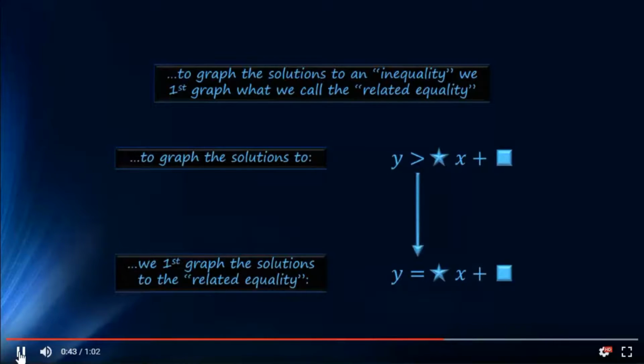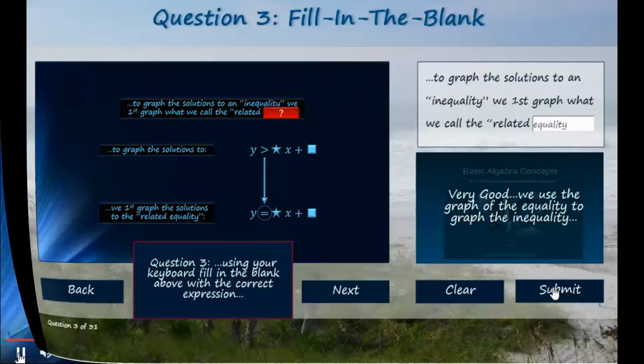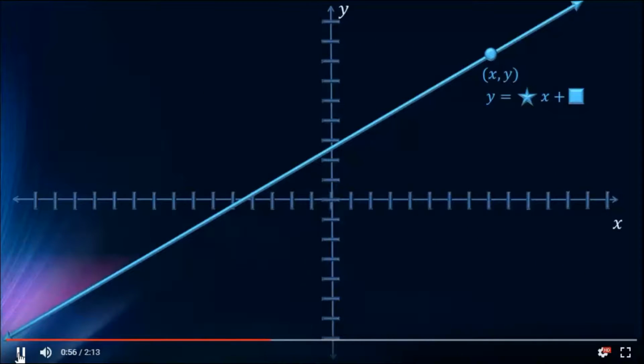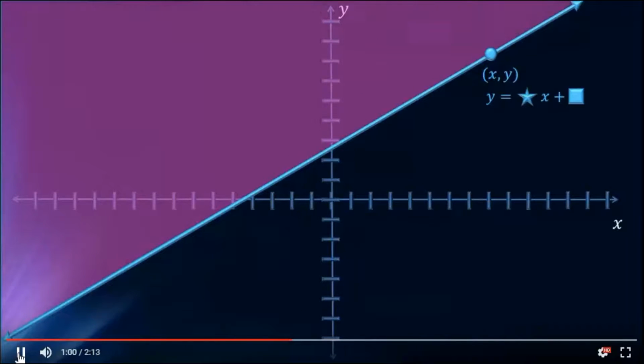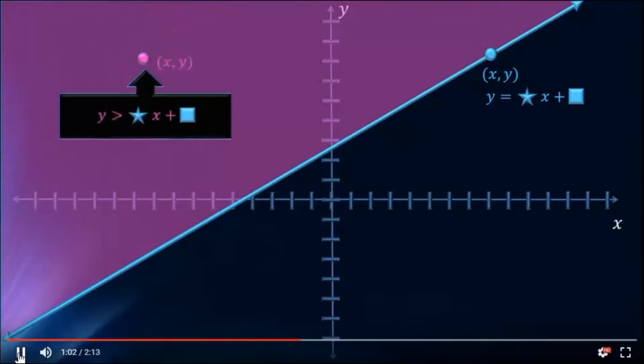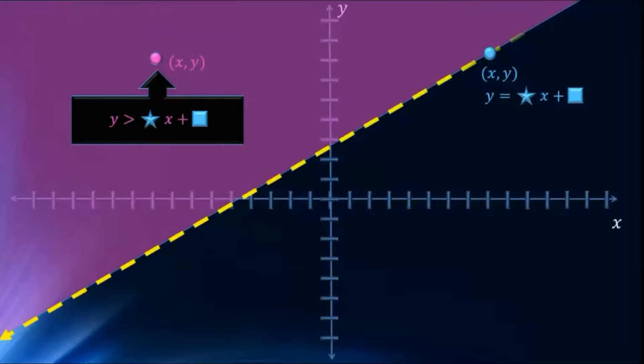To an equality symbol. Very good. We use the graph of the equality to graph the inequality. Shade above our line. And this shading represents all of the pairs of values. This emphasizes that our line,